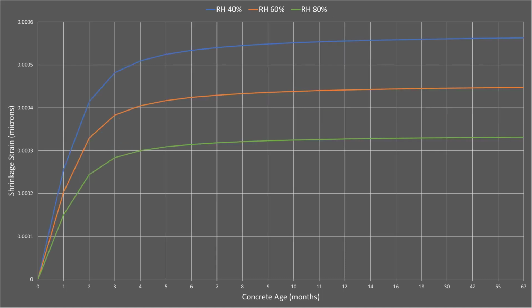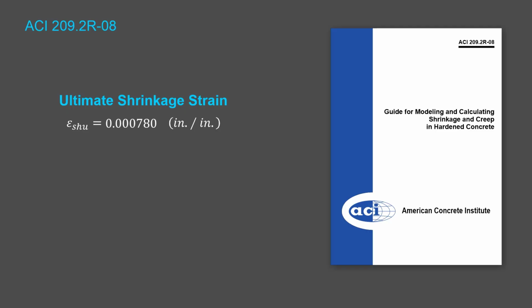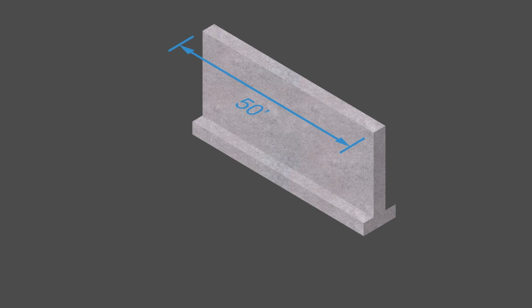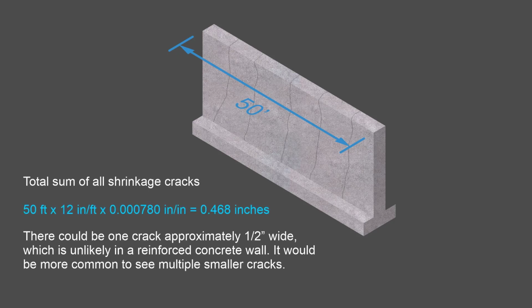Exposing the concrete to hot, dry, windy conditions increases evaporation, which increases the shrinkage. Typically, though, anyone looking at shrinkage cracks will not have any prior knowledge of the concrete mixture or curing process. In this case, the default shrinkage strain factor is used. For example, if you have a 50-foot concrete wall, you could estimate the maximum expected shrinkage over the length of